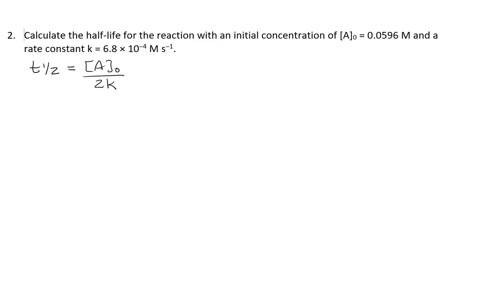It's also a really good idea to go through and identify your terms within the context of the problem. It only takes a few seconds, and it helps to ensure that you are getting the right values for the right variables. So in this case, our A naught is pretty clearly defined as A naught, so we don't really have to worry about that. And the same with our k, and we can go ahead and just plug those in.